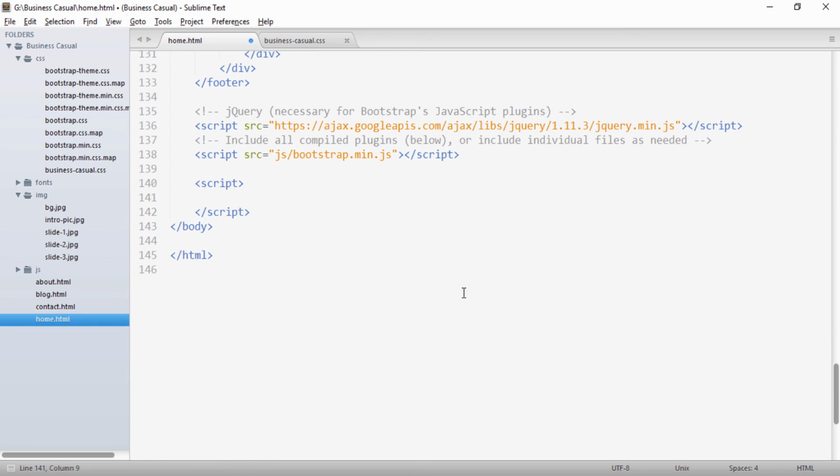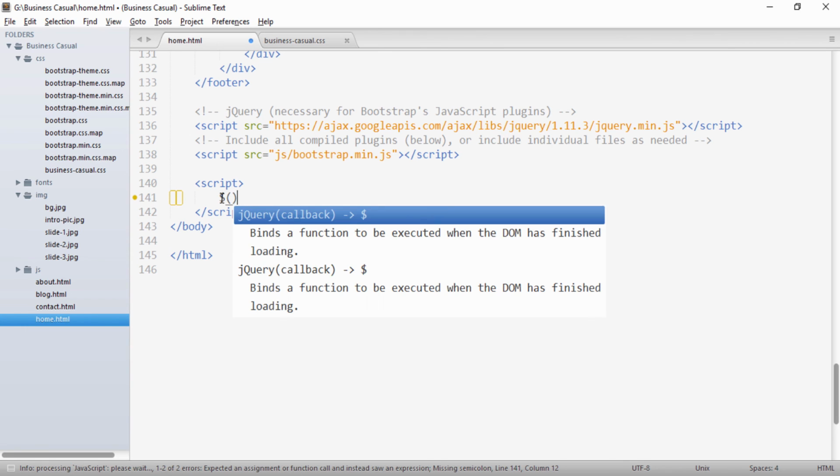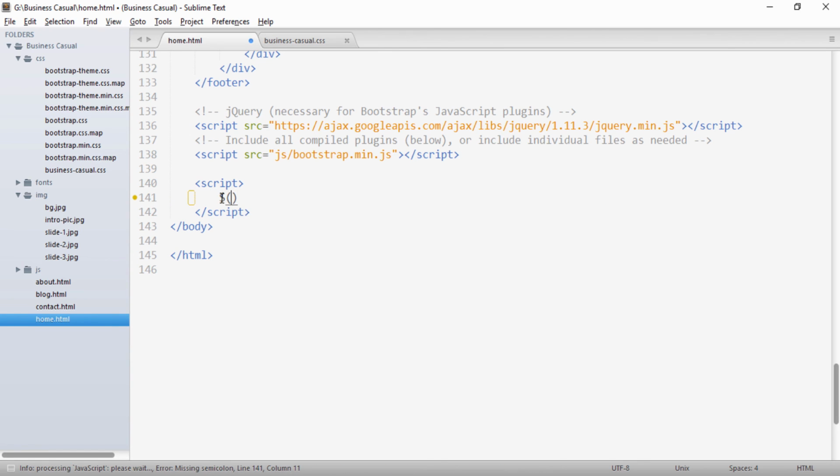In this script we'll use jQuery to activate the carousel. So to our .carousel class we'll call carousel, and to this carousel we'll provide an interval, let's say 5 seconds.